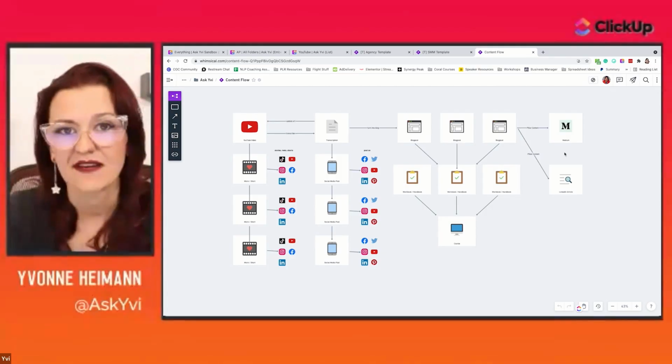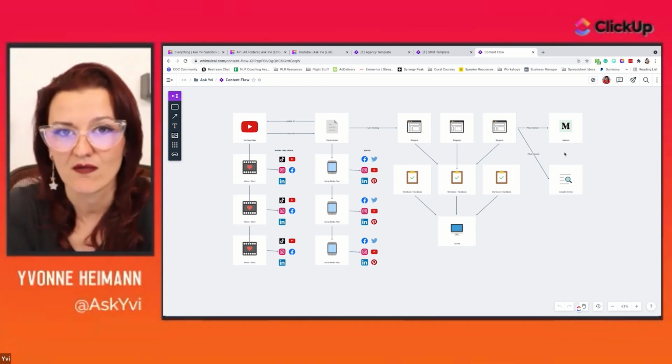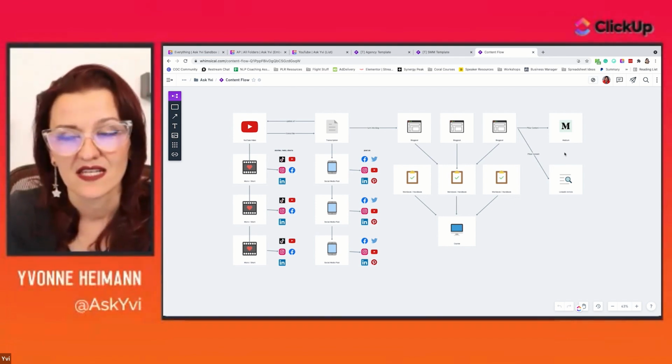So from one initial concept, all the different mediums, I suppose, you're covering there. Yeah. And you do that starting out in one list with the video, and then potentially subtasks or multiple tasks within that one list. And then once you get to courses and such, having its own separate location for it. Yeah, definitely. When you get to the point of courses, you want to have that in a separate folder,